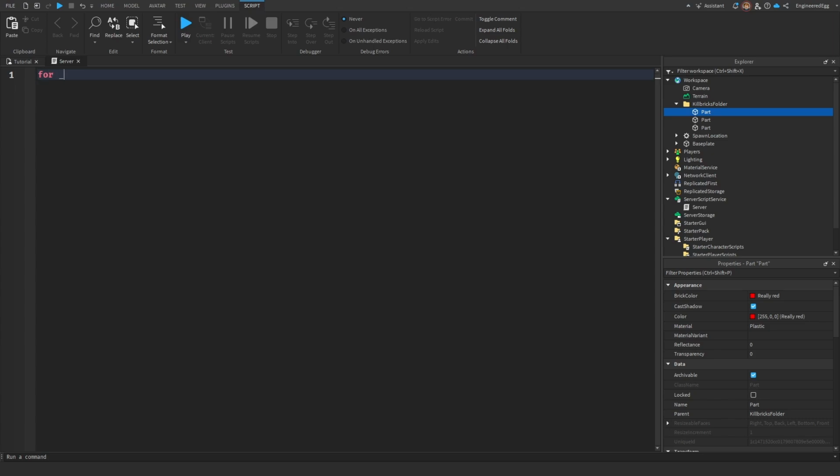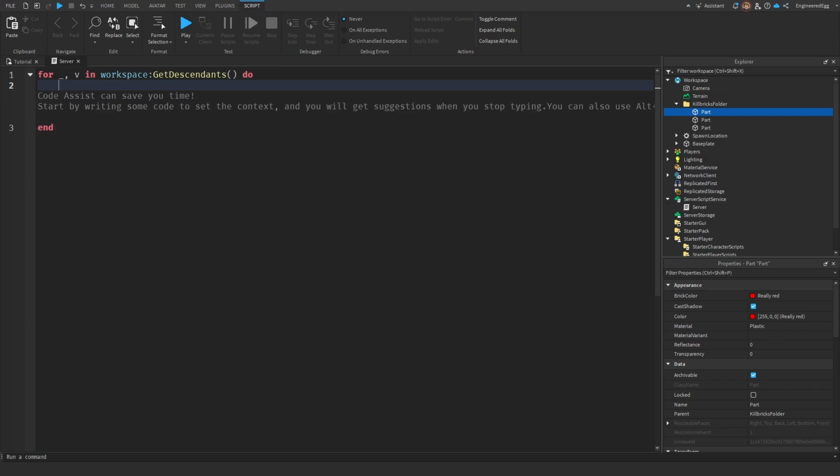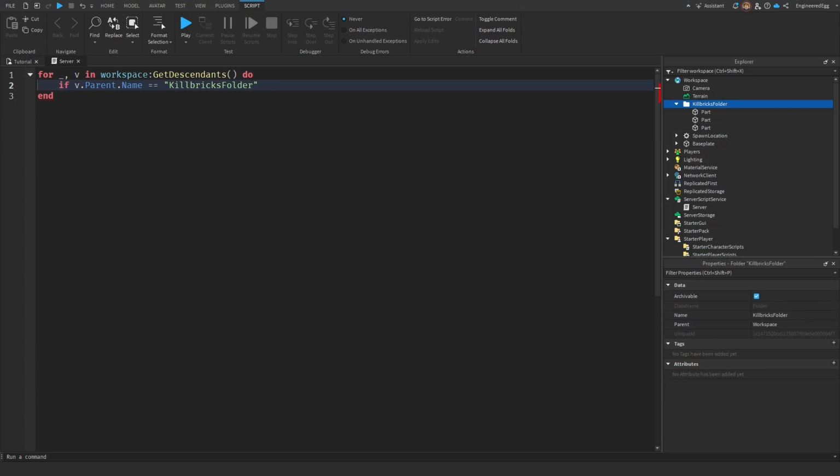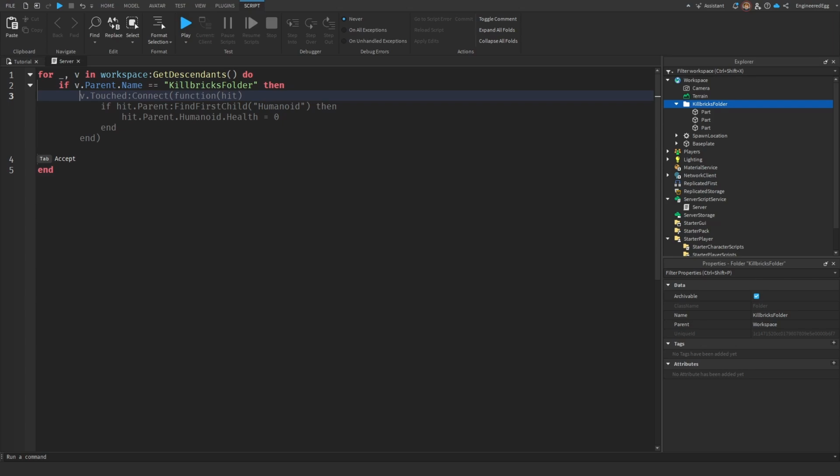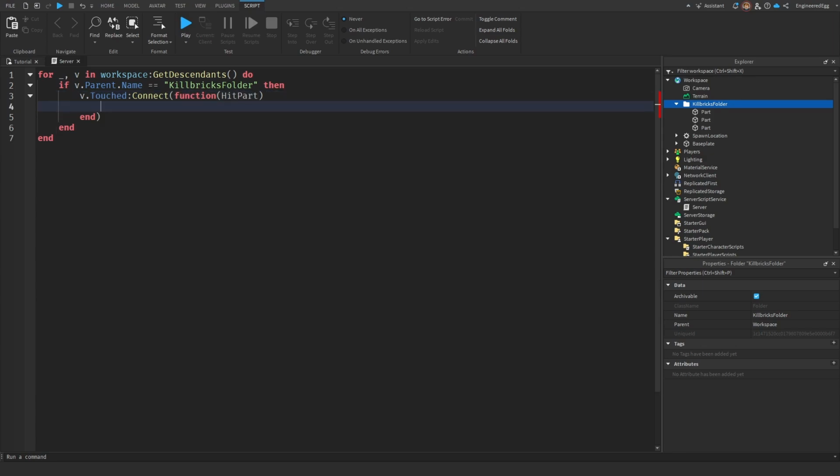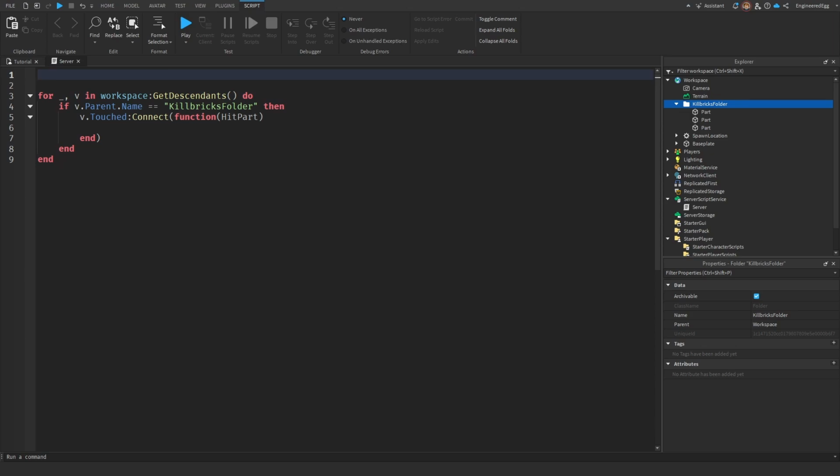And in here, let's just say for _, v in workspace:GetDescendants() do, this loops through every single thing in the workspace, and this can be very helpful. So here, we can say if v.Parent.Name is equal to killbricks folder, which is what we named earlier, we are able to identify all 3 of these parts. So here we can just say v.Touched:Connect(function(hitPart)